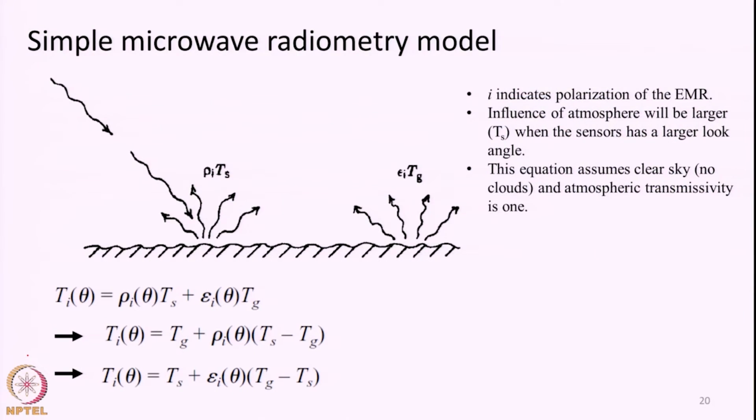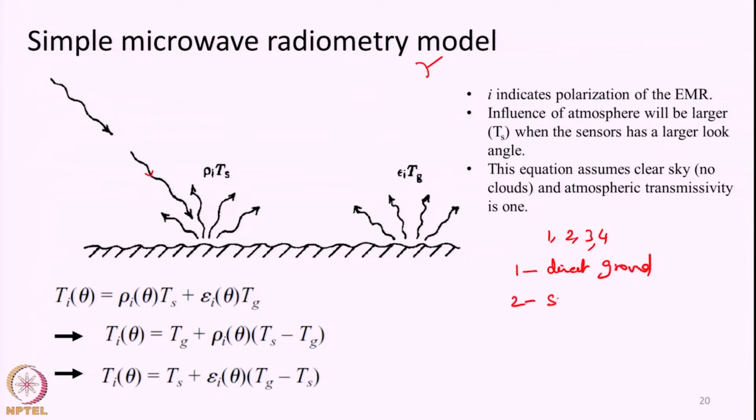So, now let us take a look at a very simple microwave radiometry model. Very simple model means how the different components of the signals from the earth surface get mixed with each other. Okay. So, initially when I told you about the different components of the signal reaching the microwave antenna, I said there can be a direct signal from the ground, a surface reflected atmospheric emitted component, an atmospheric emitted component and so on. So, initially we discussed 4 different paths, where the first path is direct emission from ground,